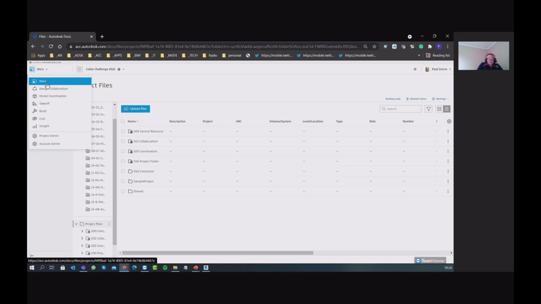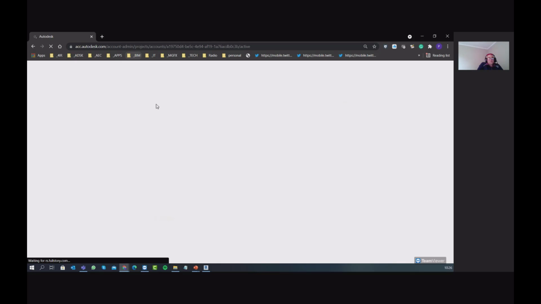the docs license, which forms the repository for files, design collaboration, which is the sharing of packages, model coordination, clash detection in essence, takeoff, build, cost, and insight. All of these are available to me, as well as project admin, because I am the administrator on this project, and account admin. So most of this looks the same, or basically the same as within the normal platform, where